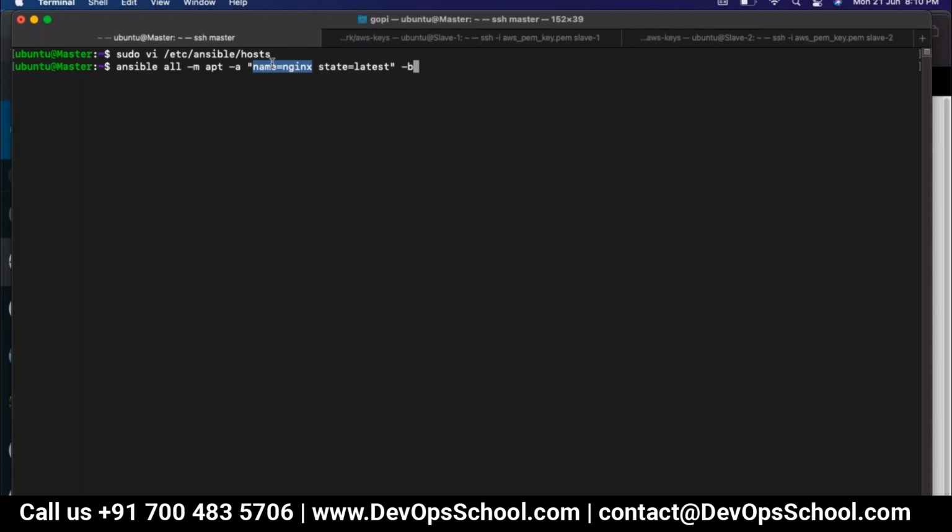You will get to know these keywords when you are writing playbooks, and I will explain why you need to use all those things. But as of now, the name is nginx and state is which version you want to use. You can put latest or present. Now if I press enter,